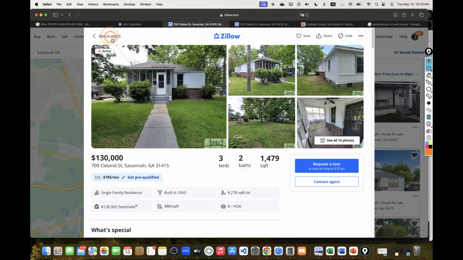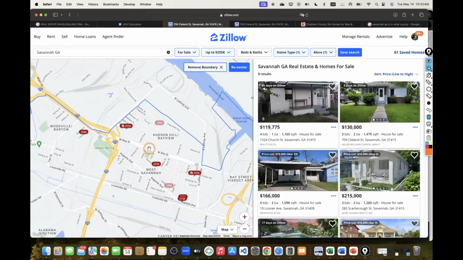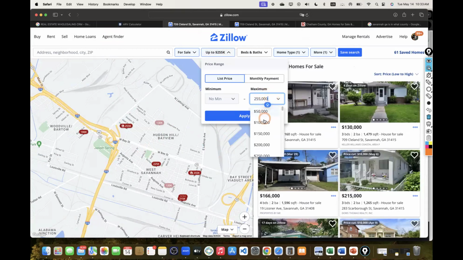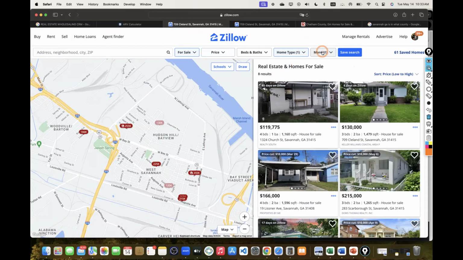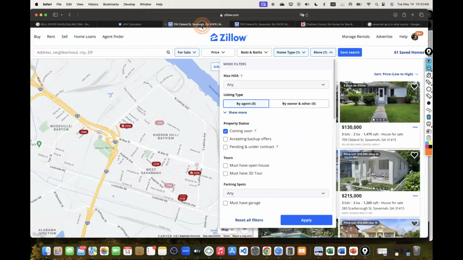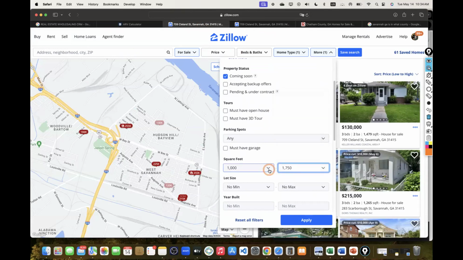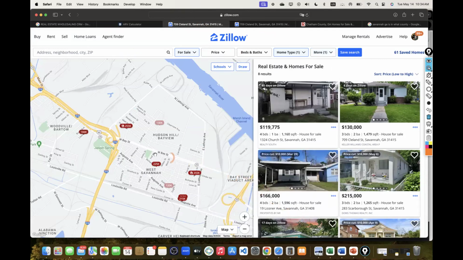So this is my duplicate. Let me go back here. Let me look at what properties are selling right now. Let me take away the restrictions of prices, because again, I want to look at properties that have been selling, and let me start setting some filters. So the property square footage is 1479. So again, I'm gonna go plus or minus 300. So plus 300 is basically 1800 or 1750. It lets me. And then I can't do 1100, so I'm gonna stick to like 1,000 and see what I'm able to find.